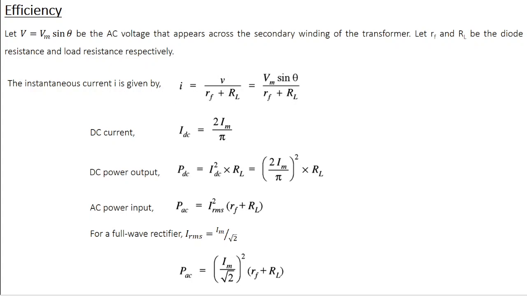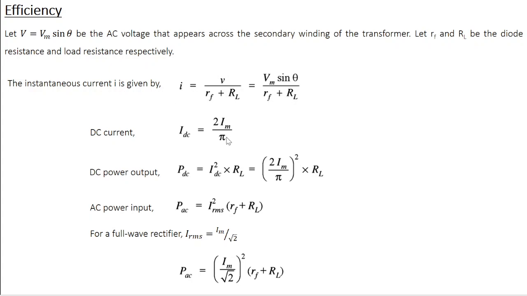And in the case of a half wave rectifier, we have derived that the DC current I DC equal to Im divided by pi. But in that case, each diode utilizes only half of the voltage, right? Or you have only 1 diode which conducts, right? In this case, you have 2 diodes which are conducting, so obviously the current is going to be twice as that of a half-wave rectifier. So here IDC is equal to 2 into Im divided by pi.